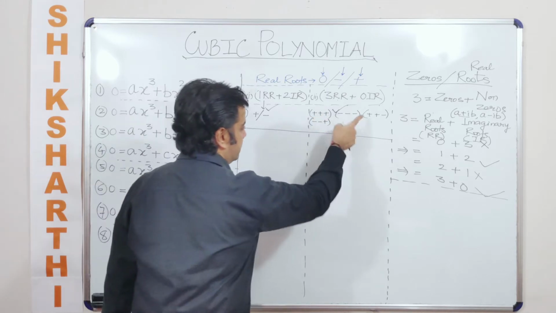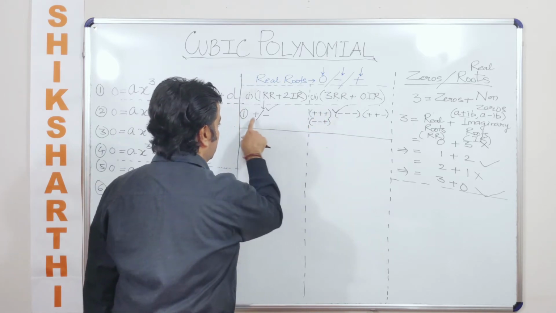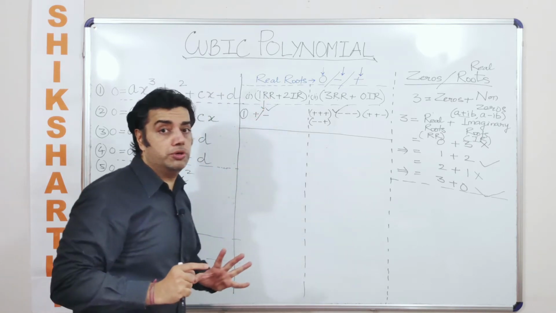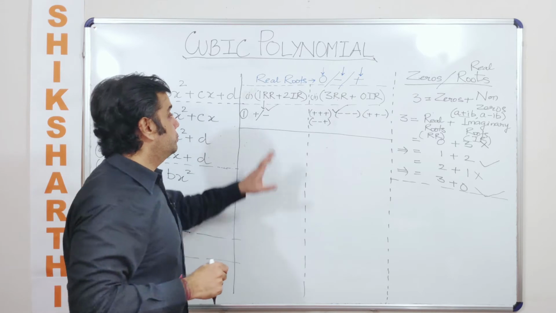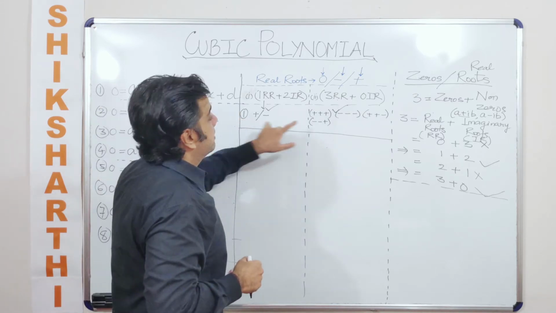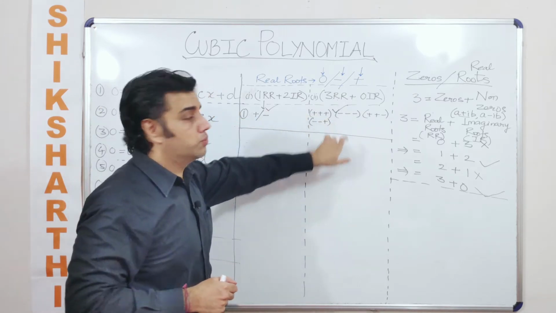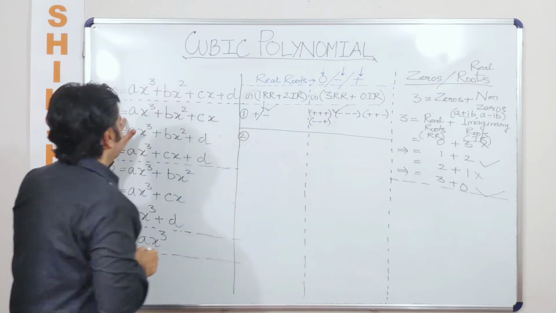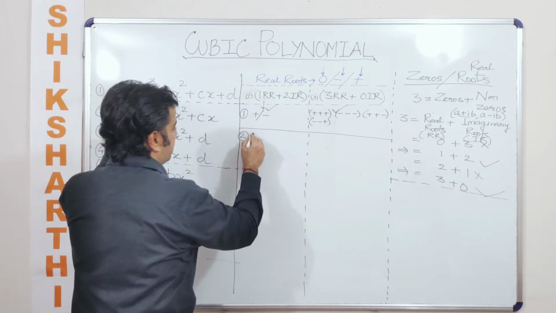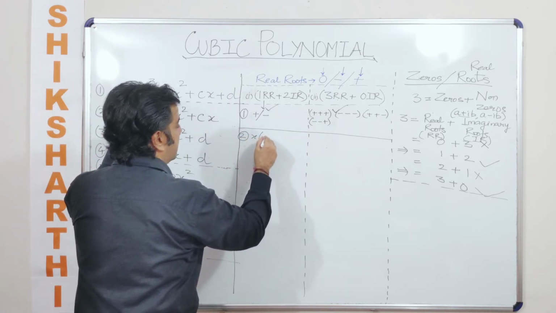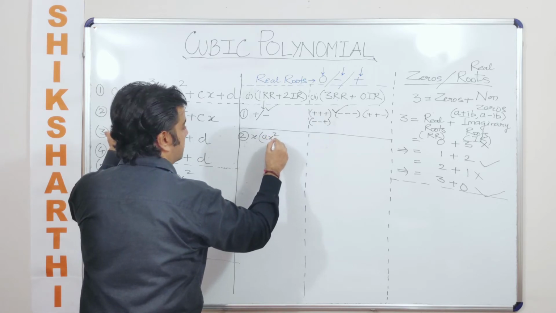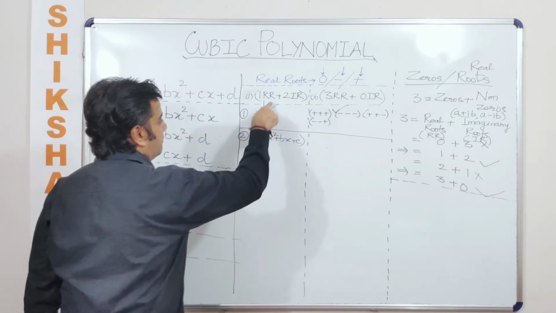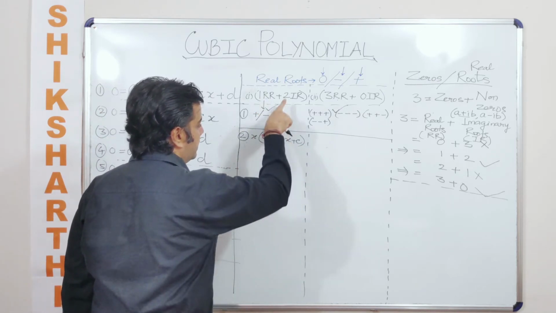Okay, how many cases can you make here? 1, 2, 3, 4. And how many cases can you make here? Either the root will be positive or the root would be negative. We have not talked about 0 as one of the roots here, talking about case 1, either here in this case subpart or subpart 2. Let's talk about the second case. Now in this case, I can rewrite this equation as x times of ax square plus bx plus c. So do I have a possibility of 1 real root and 2 imaginary roots?